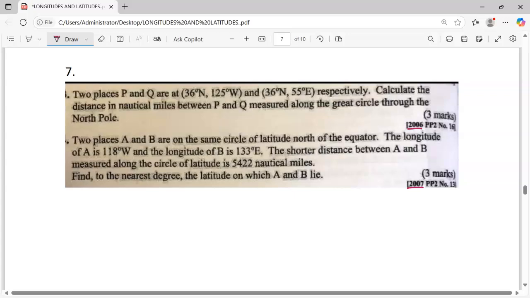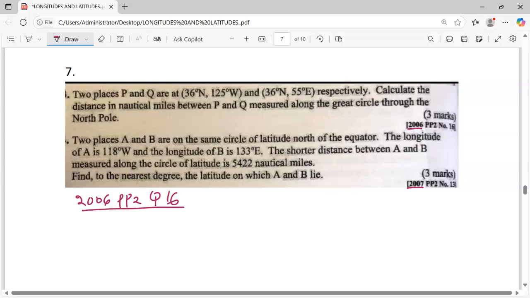And the question we have, 2006 paper 2 question number 16, reads: two places P and Q are at 36 degrees north, 125 degrees west, and 36 degrees north, 55 degrees east respectively. Calculate the distance in nautical miles between point P and Q measured along the great circle